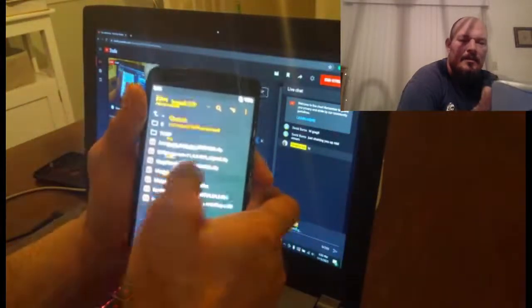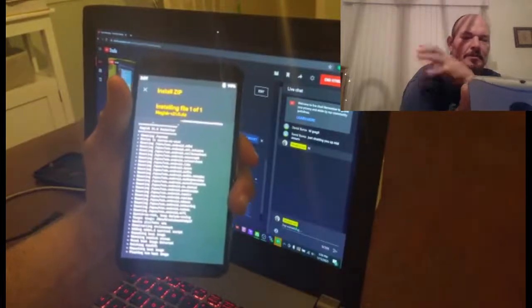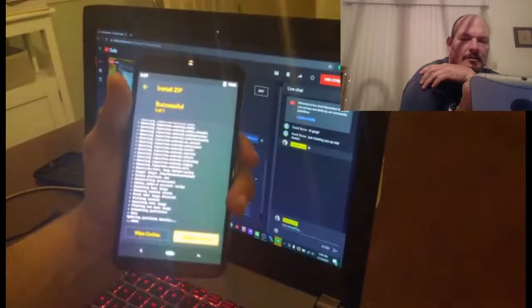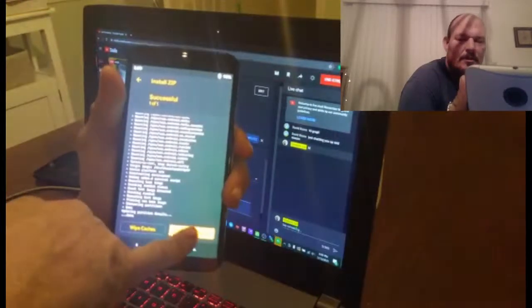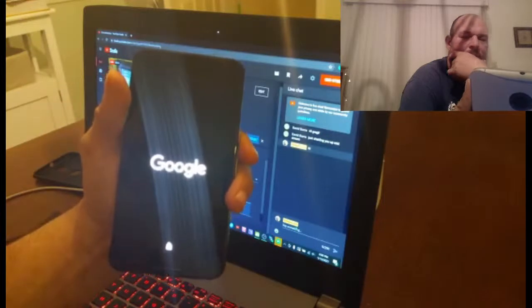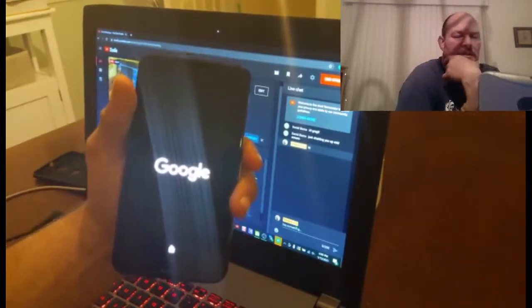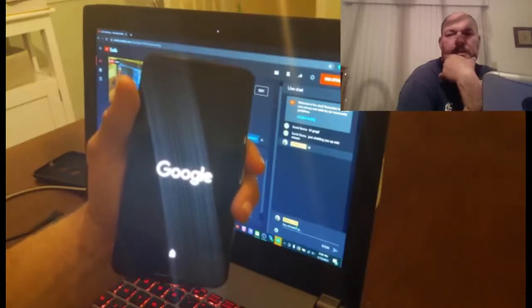Now what we'll do is we'll click on the root file, swipe to confirm flash, and now we'll root it. So we're gonna root this thing and see how it goes. And then we will reboot system. And once we reboot system, then hopefully